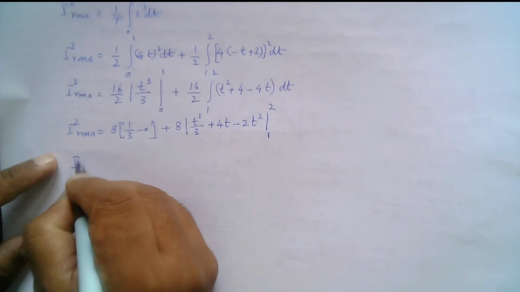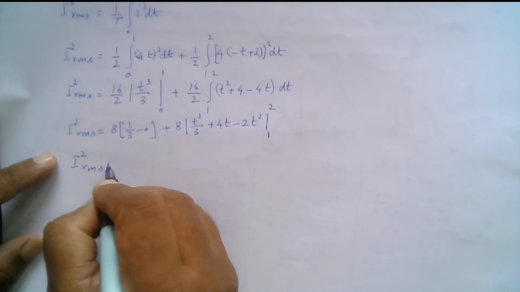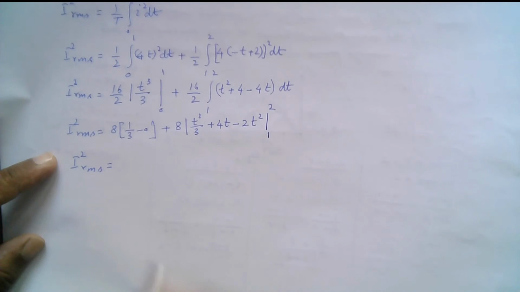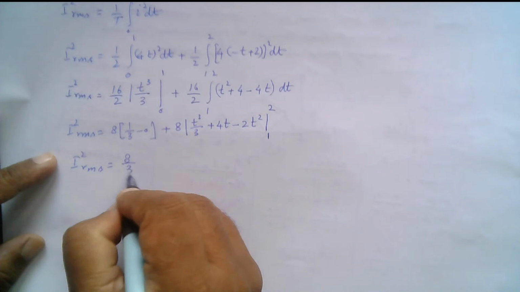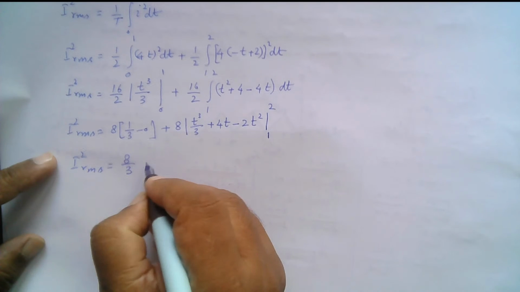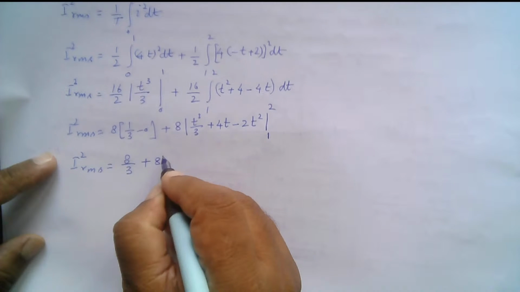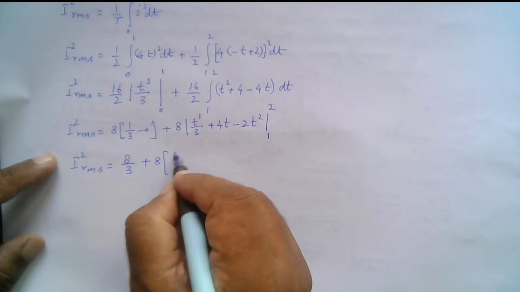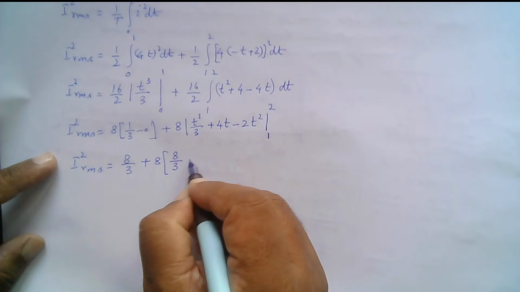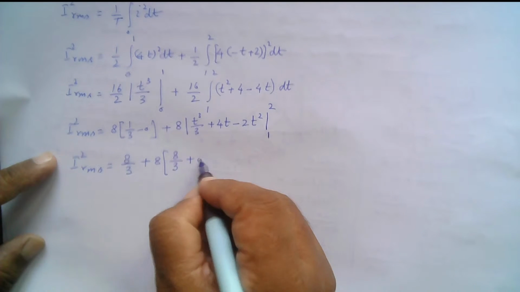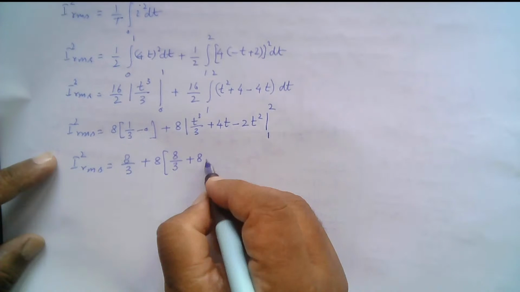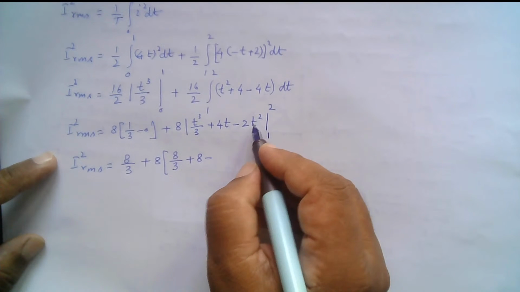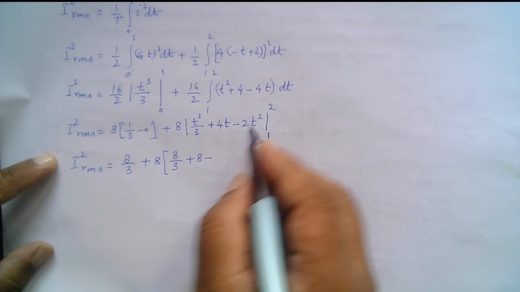So I square RMS is equal to 8 over 3 plus 8. This is t cube over 3, so that means 8 over 3 plus 4 into 2, 8, and that will be minus 2 square, 4 into 2, 8,